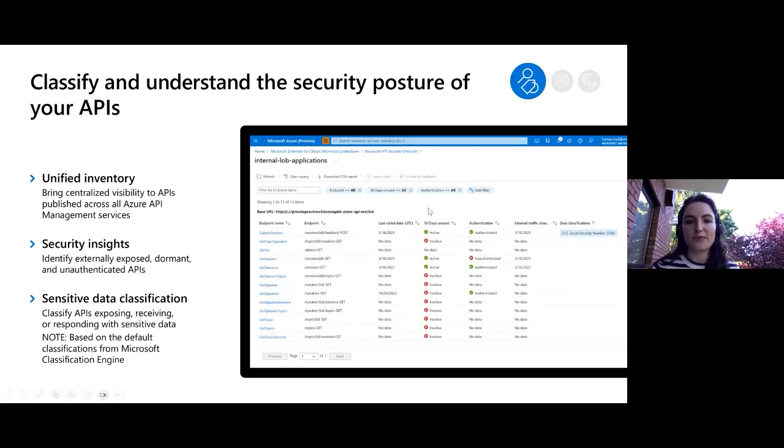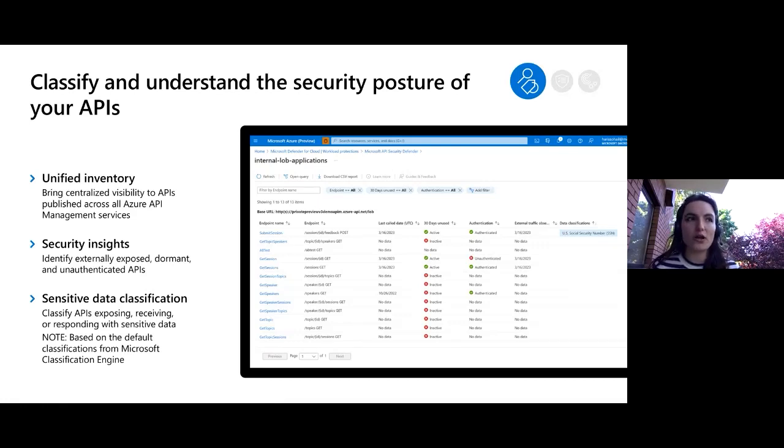So this is the screenshot that we have on the screen. This is where you're able to see different endpoints, see what kind of endpoint they are, post, get requests, and so on. You can see information like when it was last called. And then, was it called in the last 30 days? If it hasn't been called in the last 30 days, it will get flagged as something that you should consider removing. Best practice would be to remove it. And then, is there authentication as well? So we have a few forms of authentication that we are able to detect for.